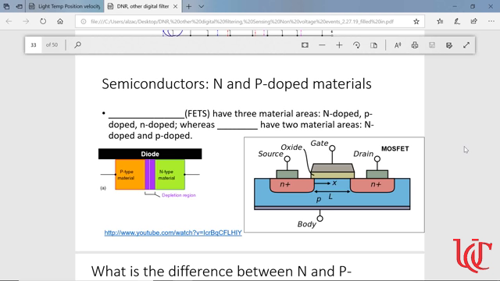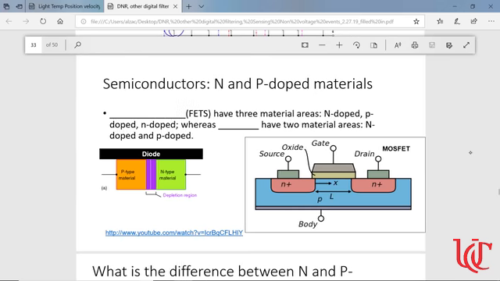Okay, so on Monday, we started talking about semiconductor materials. And we watched a video that showed that a lot of semiconductors are made of silicon. This is a base unit, but we could dope that silicon, as in inject other things besides silicon into that, that can make it behave in certain ways. And when we doped them, we could end up with what would be called a P-type material or an N-type material. So our P-type material are doped